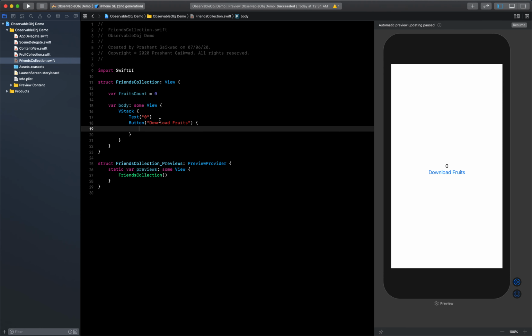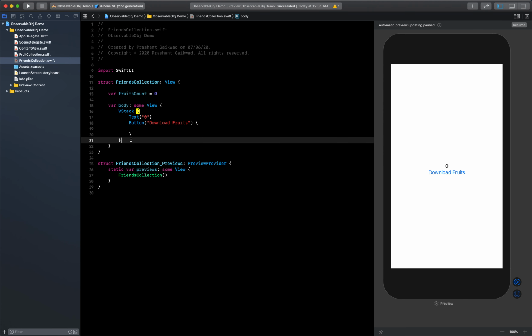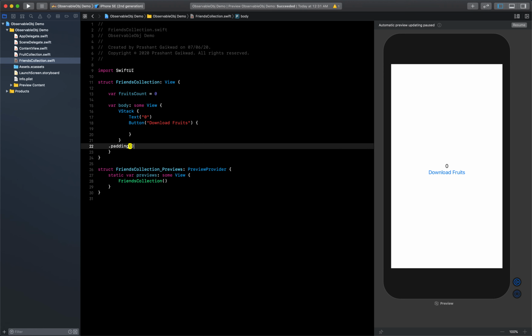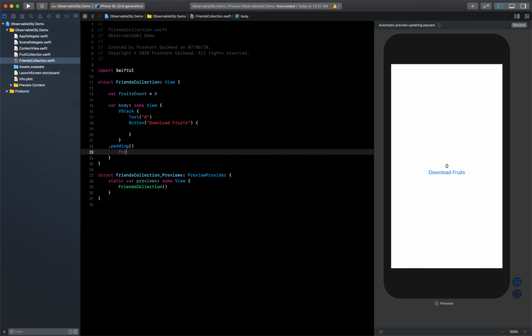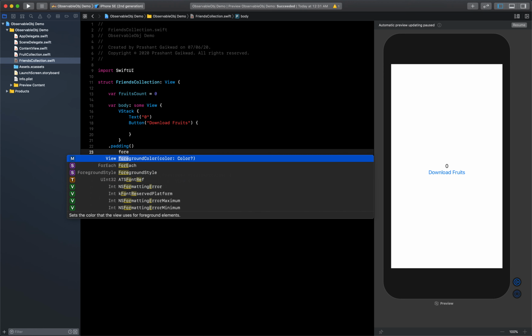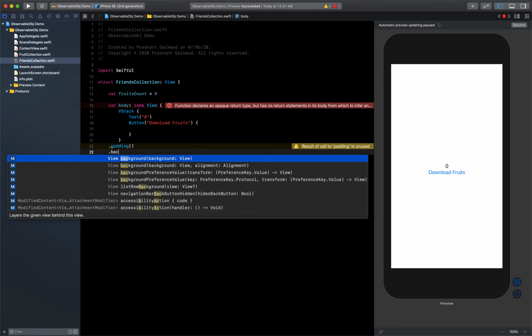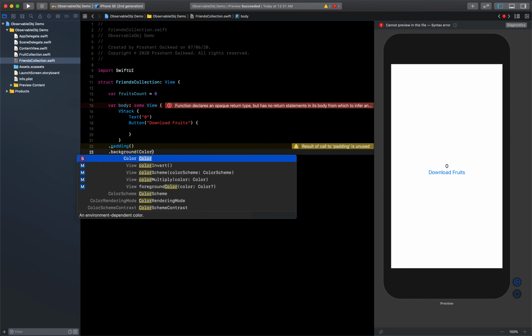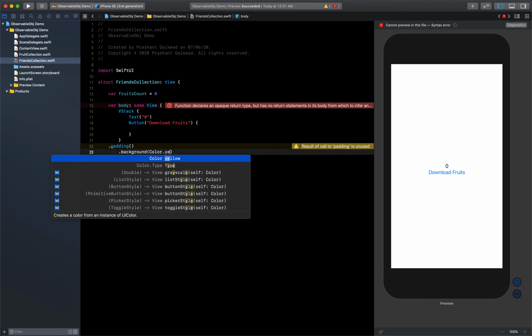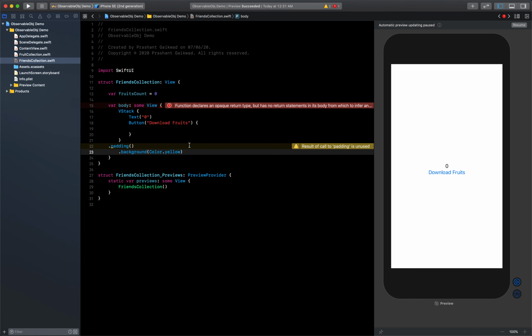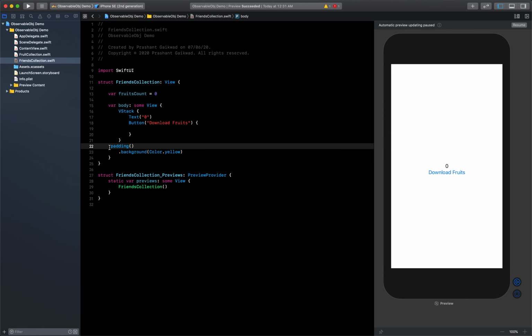And now let me add some padding here and some background color, Color dot, let's take yellow color. So this we have taken just to differentiate this view from our main content view.